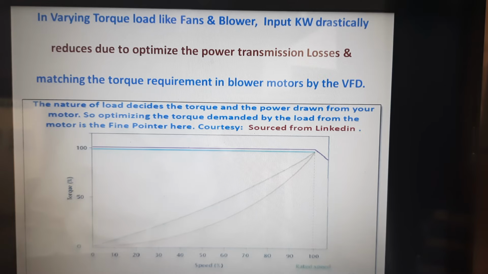Coming to the blowers and fans, these are all variable torque loads. If you see the graph, you can see the torque on the y-axis and the speed on the x-axis. The constant torque machines, more in general, are all the production machines. And all the variable torque loads, like blowers, centrifugal pumps, or even axial flow fans, every